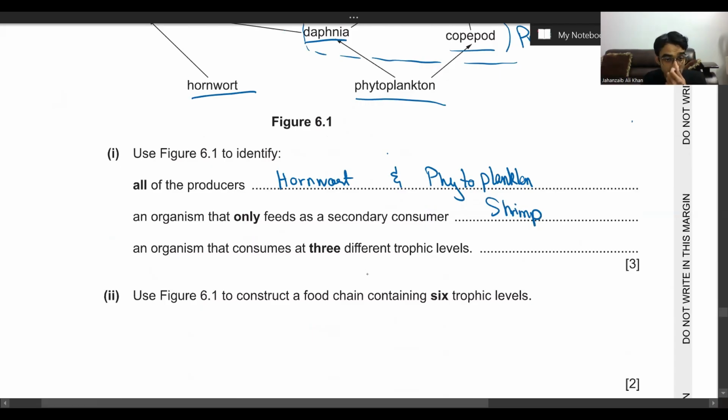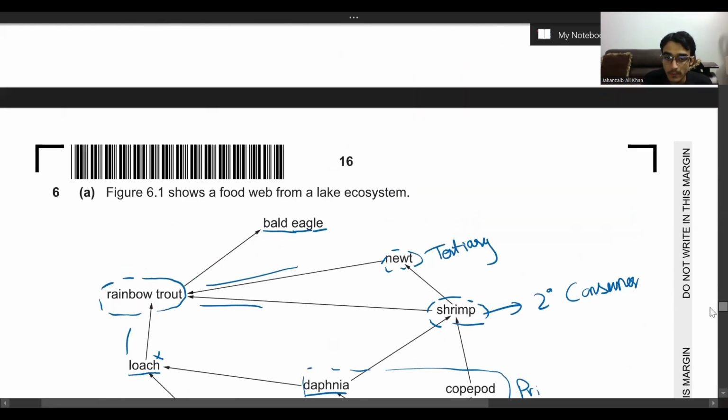Okay. An organism that consumes at three different trophic levels. All right. If you see here, as we were talking earlier,